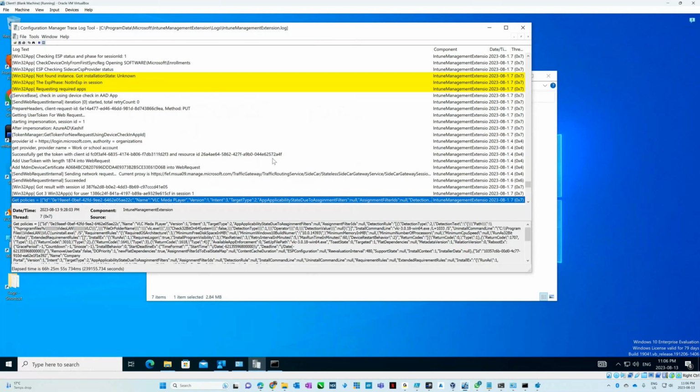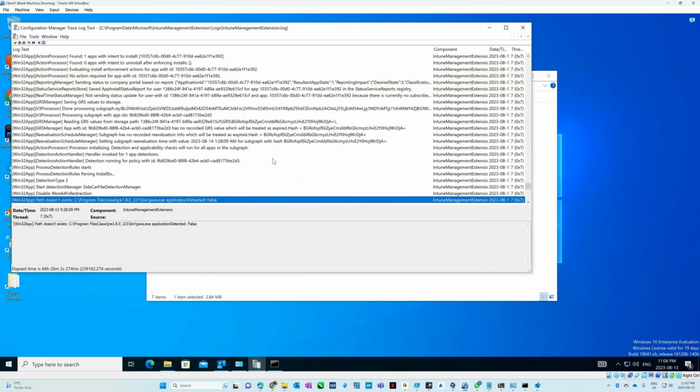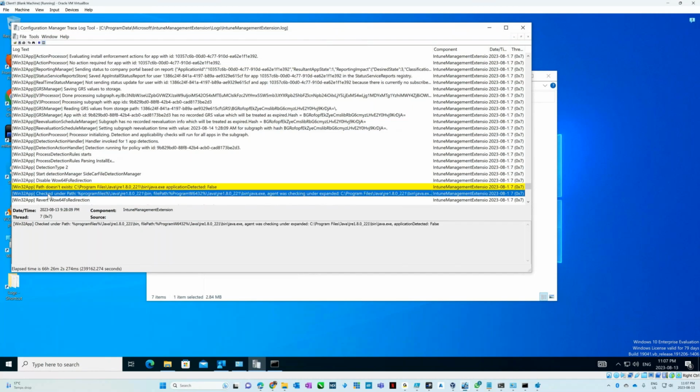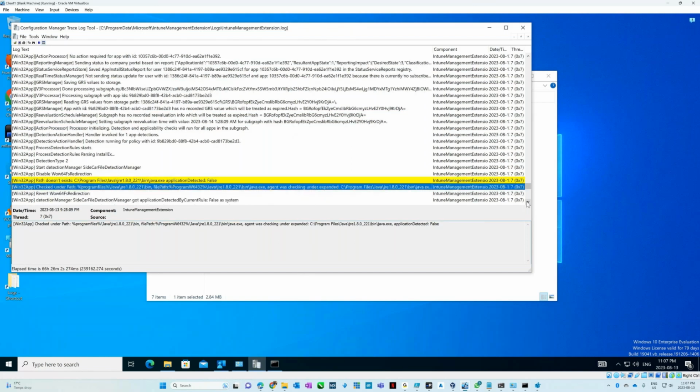Okay, so for Java, you see, first the policy comes, and then what does it say? It says path does not exist. Okay, Java application detected false. That means the application is not yet installed. Then it says checked under this location, right? And application detection was false. It did not find the application. Okay, and then it will start downloading the application. Okay, after downloading,